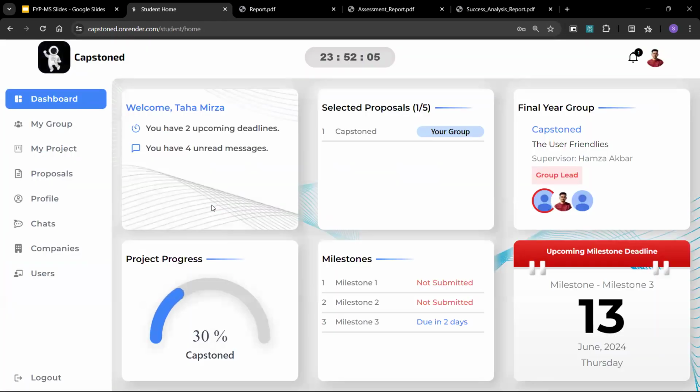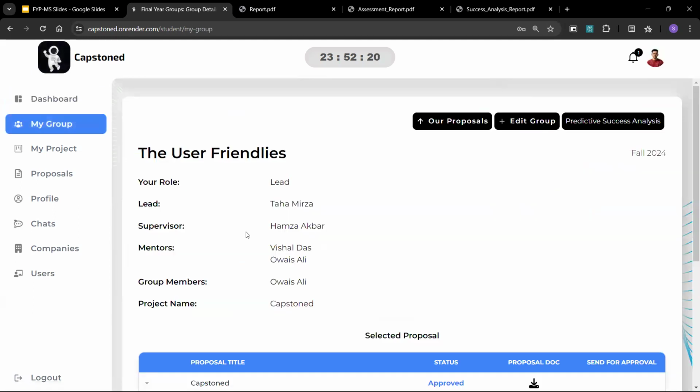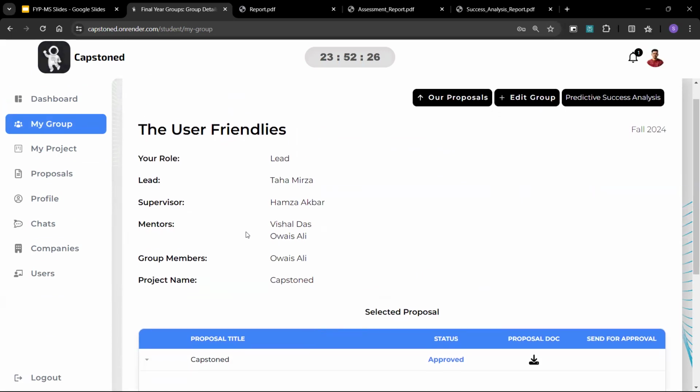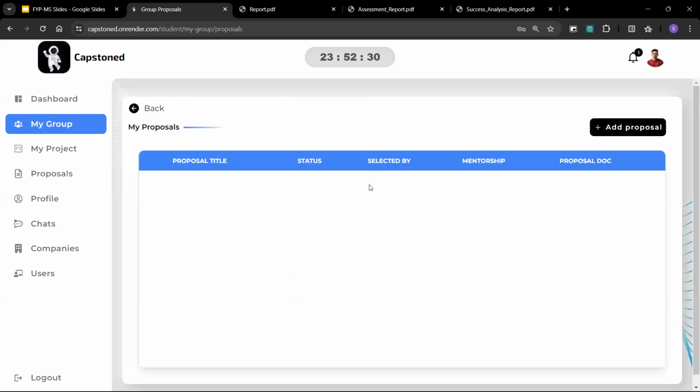Again, we have another dashboard interface for the student, in which the most important thing is the progress, how many milestones there are, and what the deadline of each milestone is. If we go to our group, this is the most important aspect for a student, in which the group formation happens. Right now this group has been finalized, but what happens is that using the proposal tab,